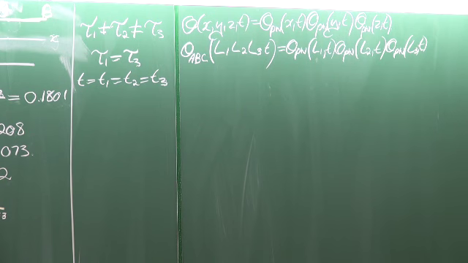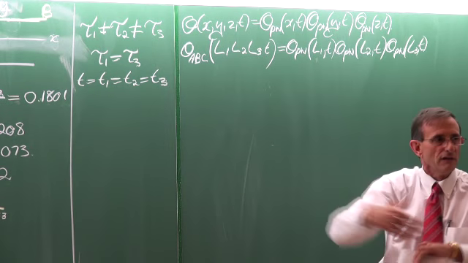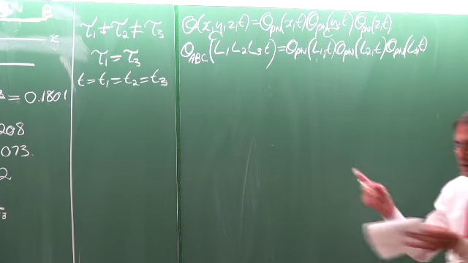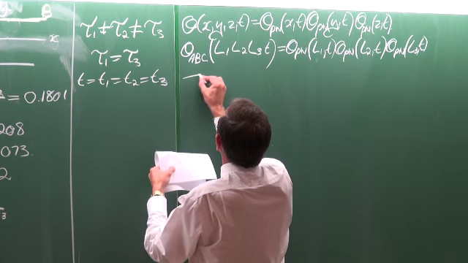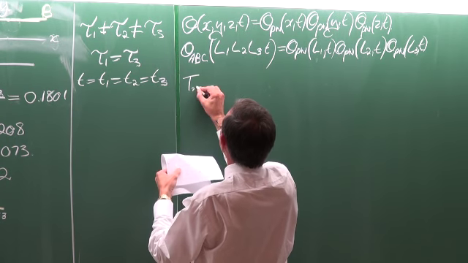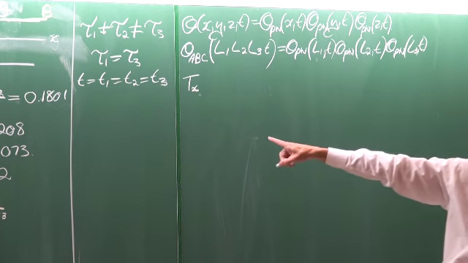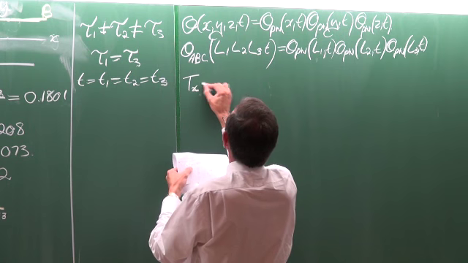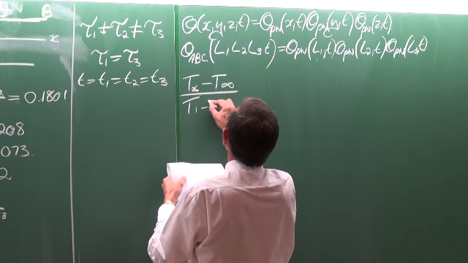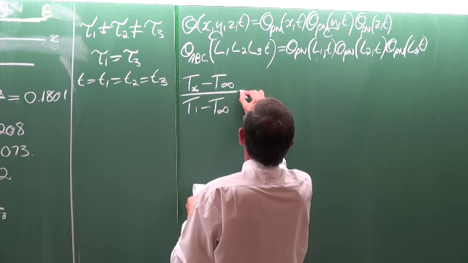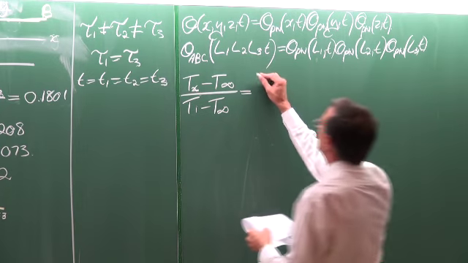Now, as I've said, I'm not going to give you everything in detail. You'll have to go and put in the flesh for this problem. But the problem is now going to look like this once you've done it. It is going to be the temperature at point X. That is the temperature that we want to solve. Minus T infinite divided by Ti minus T infinite is then going to be equal to,